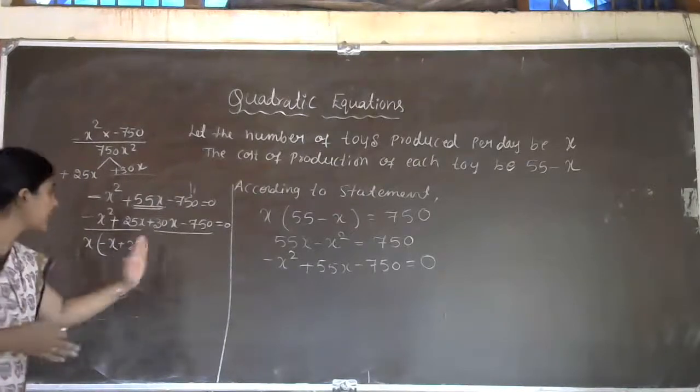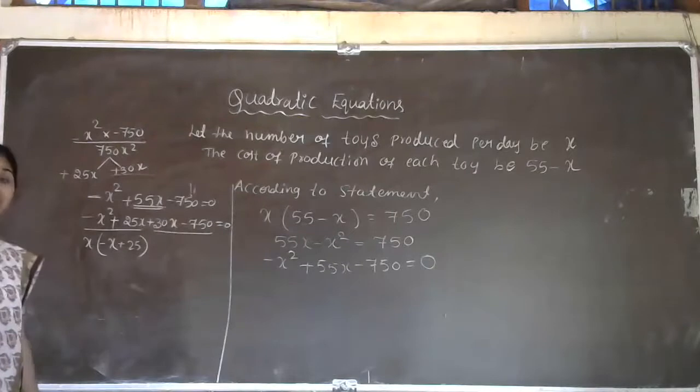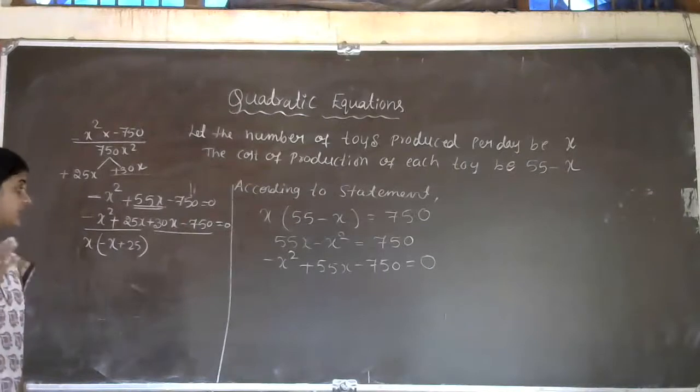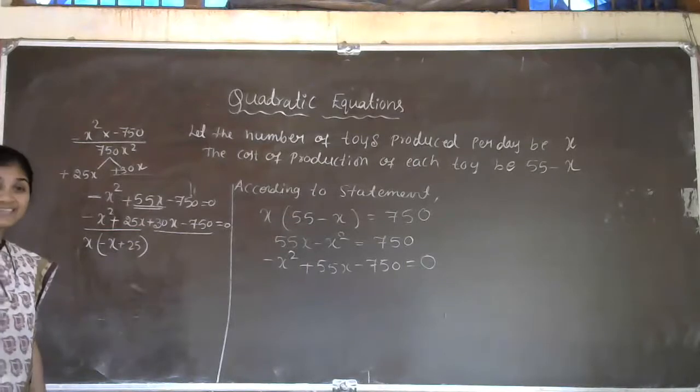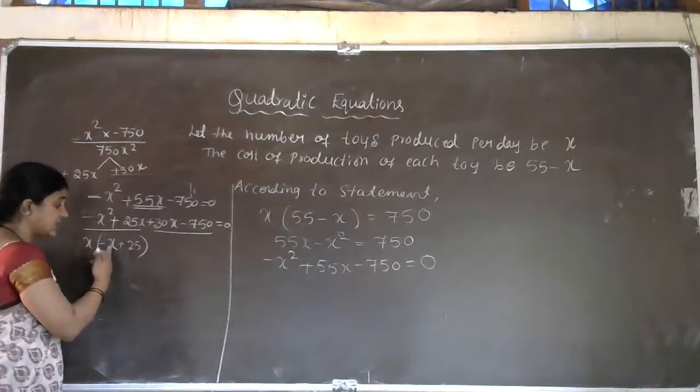Okay. So now, which is the common factor here? 30 and 750, which is the common factor? Plus 30 or minus 30? Yes, you have to think because here we have to balance